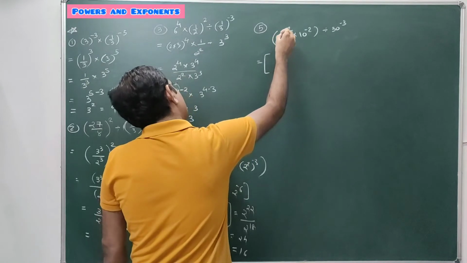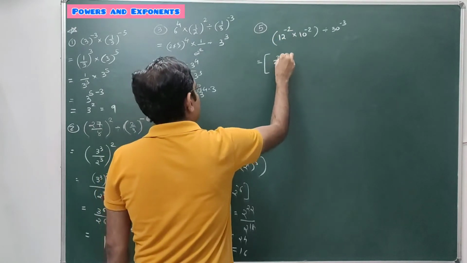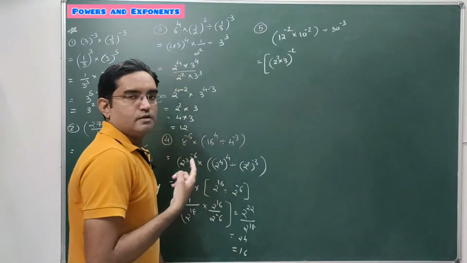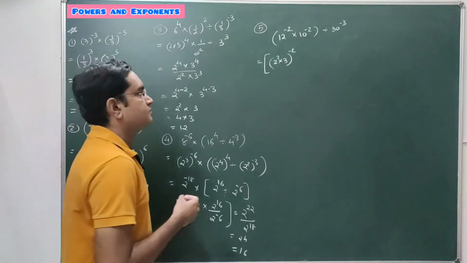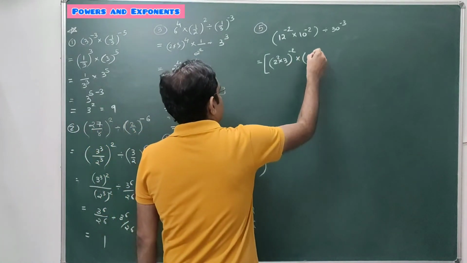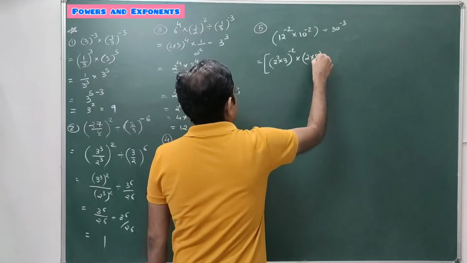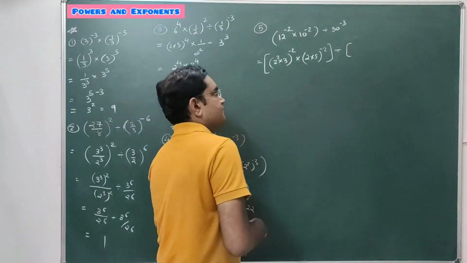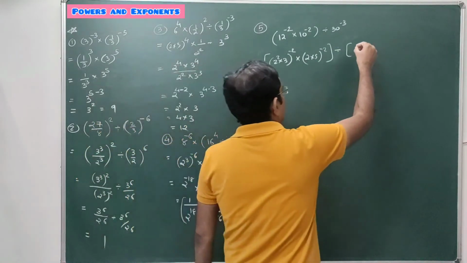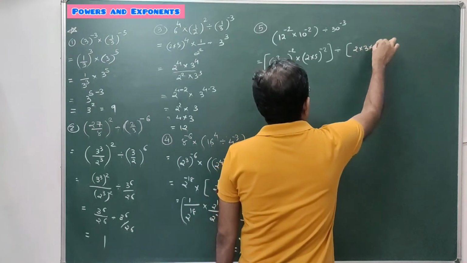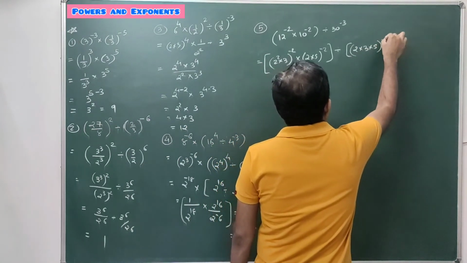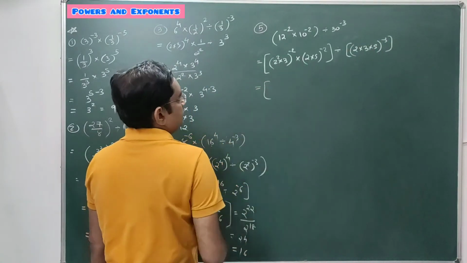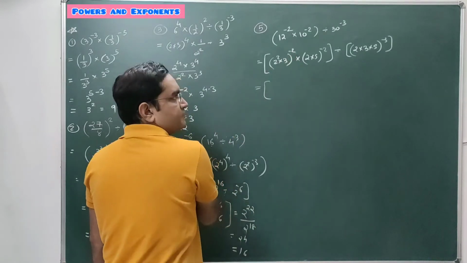So 12 can be written as 4 3s are 12, 2 into 2, 2 square into 3. 12 is 2 square into 3 raised to minus 2, है ना. वेरीफाई करो. 2 square 4 3s are 12. This 10 can be written as 2 5s are 10, raised to minus 2, divided by 30. 6 5s are 30, or you can say 2 into 3 into 5, 2 into 3 into 5 raised to minus 3. Done. So this is equal to power of multiplication.